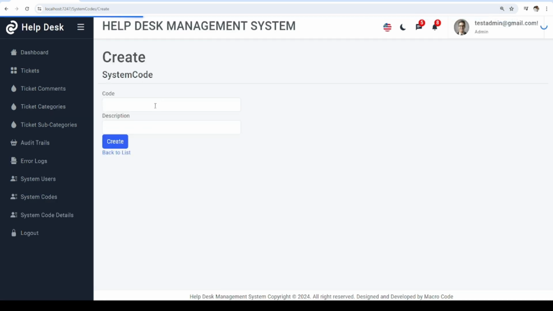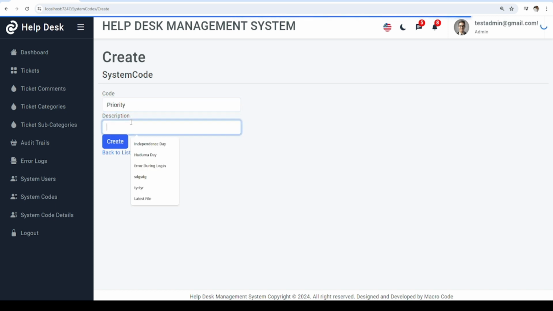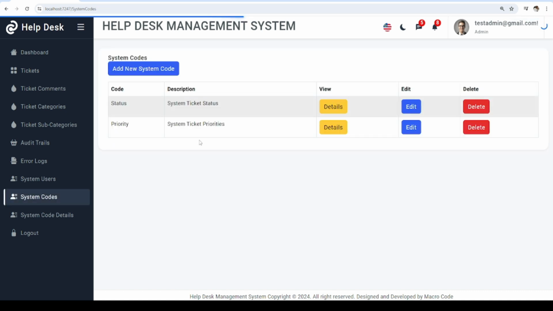We can also add another system code. We say priority. Then you can say system ticket priorities. If I create, you'll be able to see we have the status, priority, and all these are the options